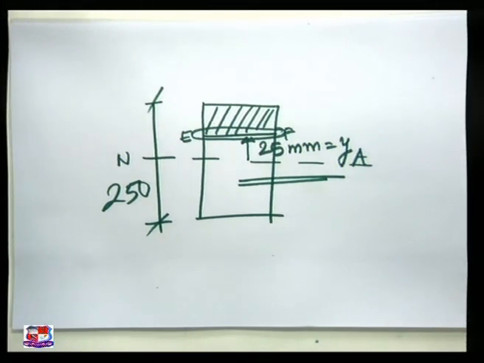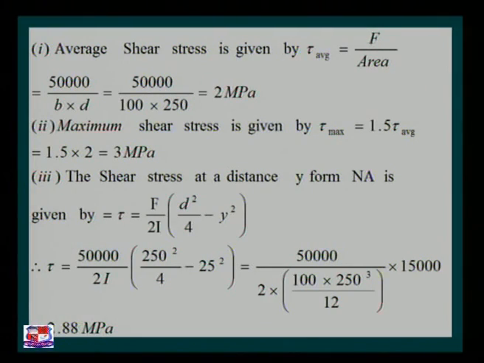So the shear stress at a distance y from the neutral axis is given by tau is equal to F by 2I bracket d square by 4 minus y square. This is the generalized equation which is used for a rectangular section. F is known to us, that is 50,000, 2I is a given parameter, d square by 4, d square, d that is